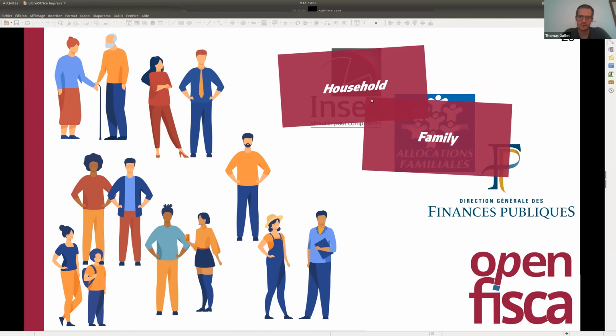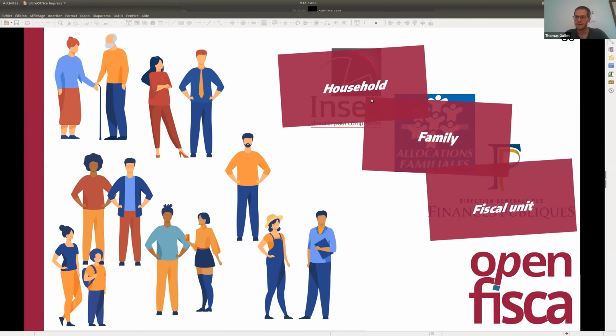So we've got INSEE, which sees people in households. We've got la CAF, les allocations familiales, which sees people in families. And we've got les finances publiques, which sees people in fiscal units. So we've got those different entities, and what we do is we associate all variables to those entities.